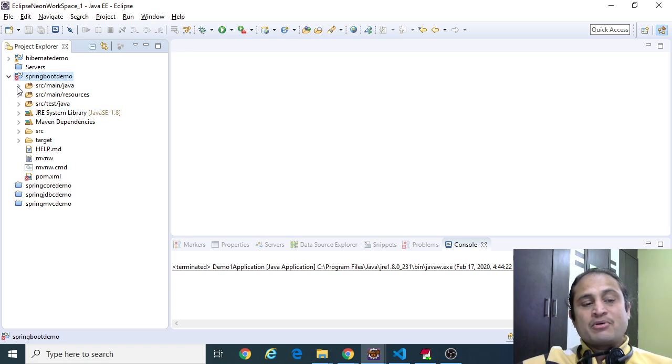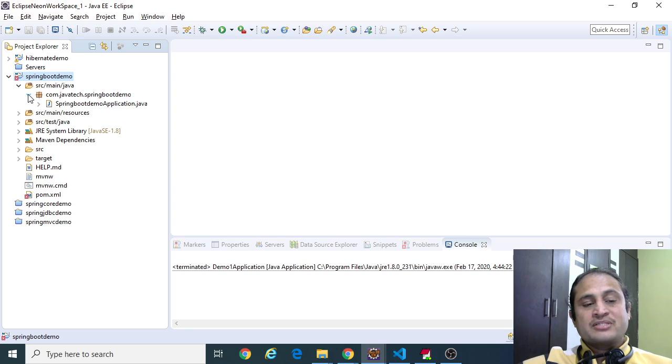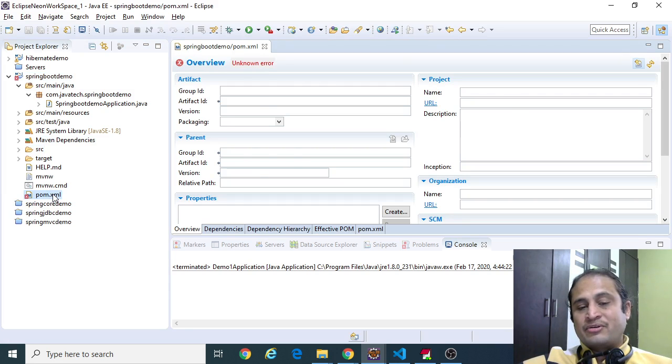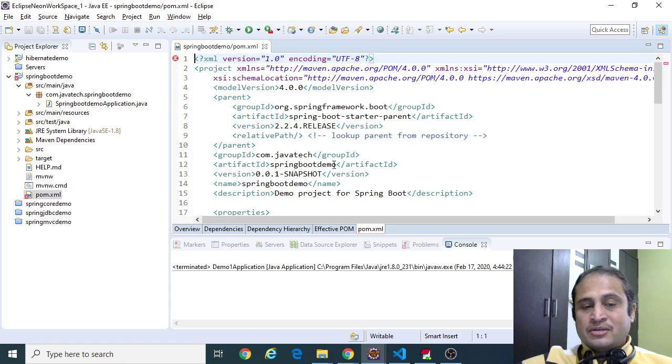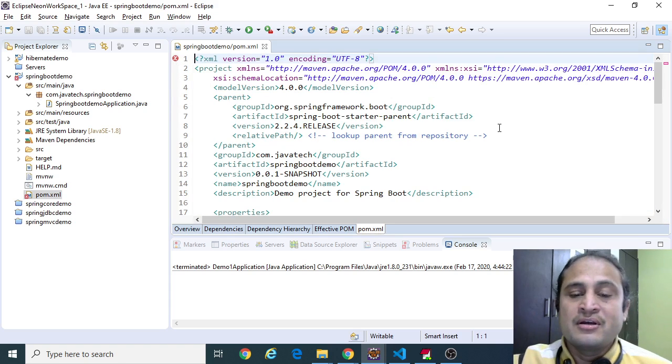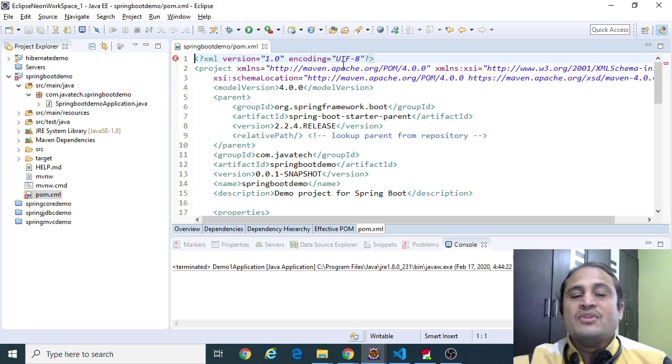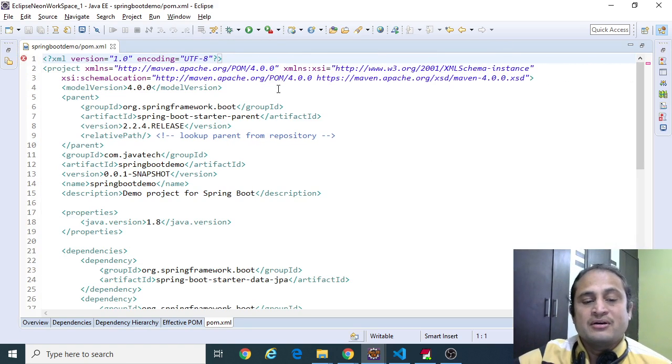If you expand the project structure just to try to understand, this is a package, and you have Spring Boot demo application.java. We'll go to that one a bit later, but yeah, you have a package name, and first and foremost, we need to go to pom.xml. That is what we are interested in, right? There is a small error that I would try to explain to you. So, what we have spoken in the earlier